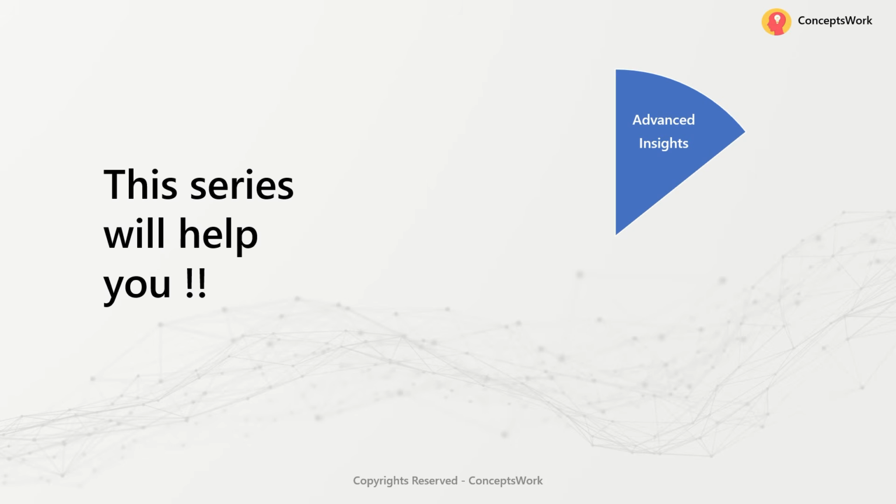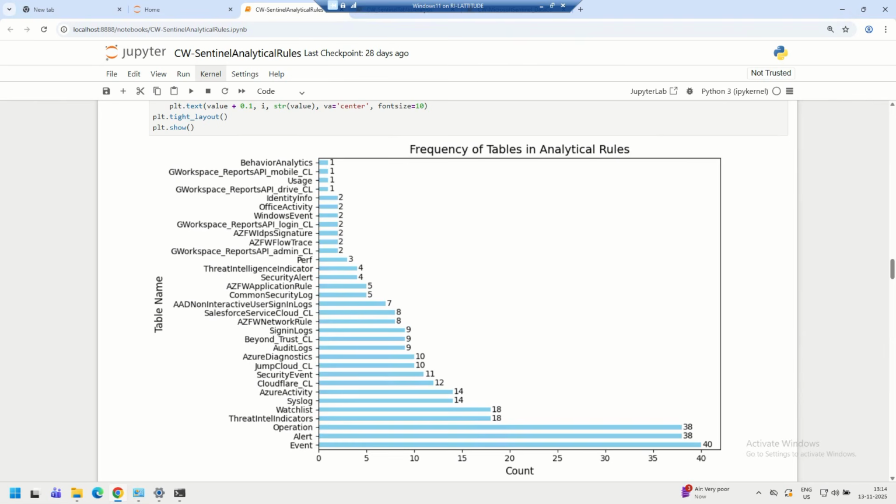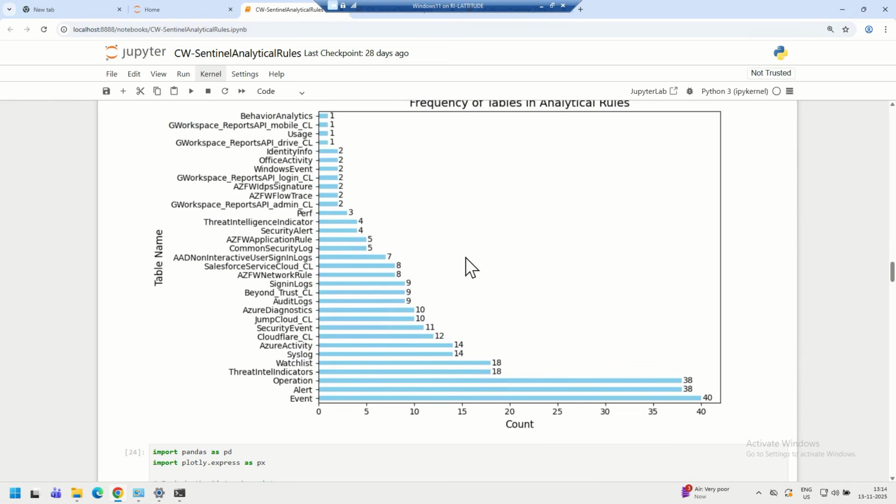With the scripts that I'm going to provide, you will get insights about each and every table, how many rules use those particular tables, and what the severity of those rules is. Now, this information, fundamentally speaking, can be retrieved from the API. So what you see right now is the graph that I have created by querying the data of the rules and the tables and then creating a correlation between them. This graph lists the number of tables which are available and how many rules there are where these